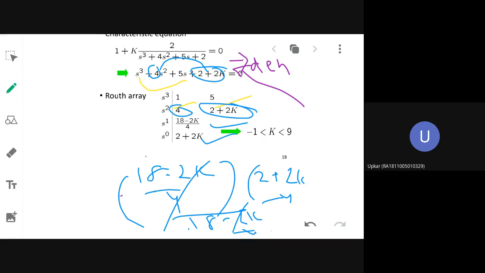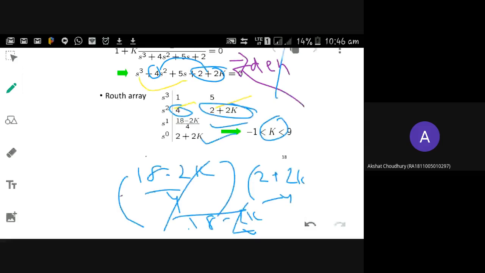Okay, so you form the Routh array. Now we have one unknown term. What is the unknown term present in this? All are not numerals, there is K. One unknown term is there, that is K. K is generally called the open loop gain. So they have asked you to find the value of K only. You will find K by substituting the instability condition.